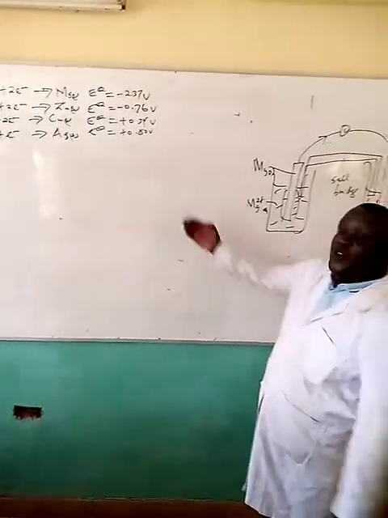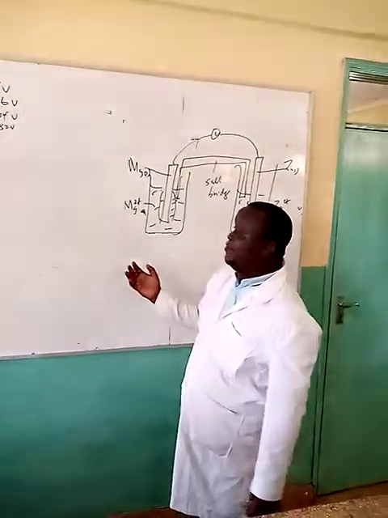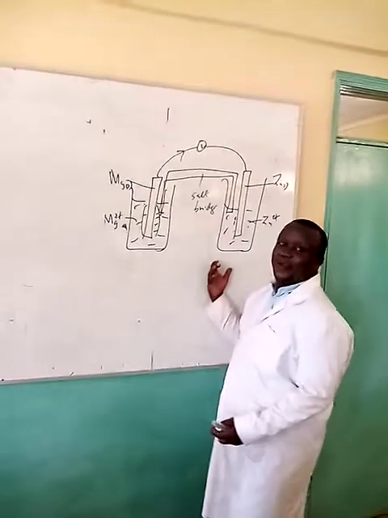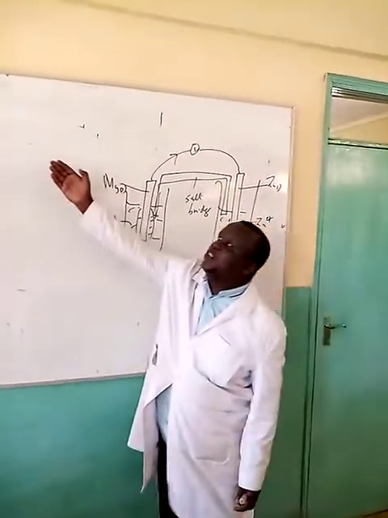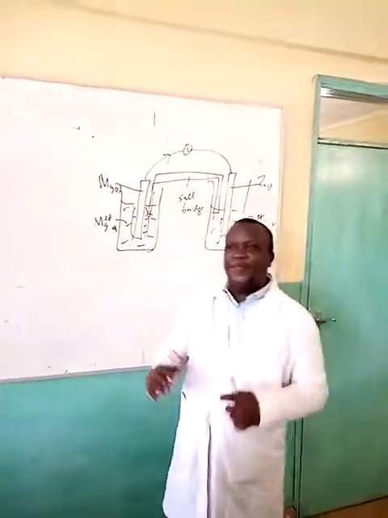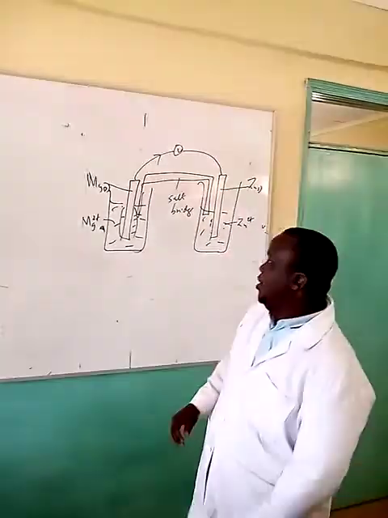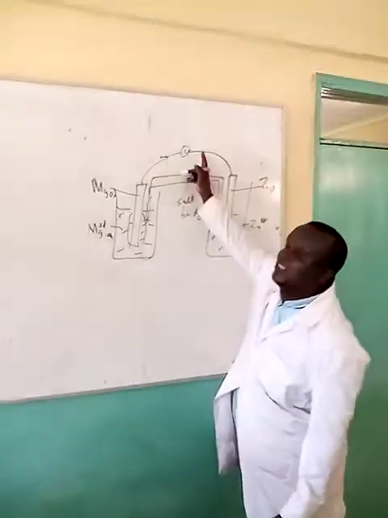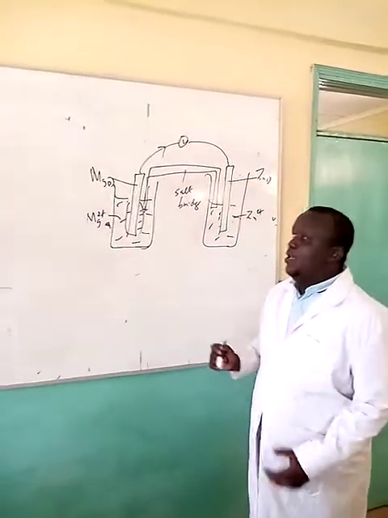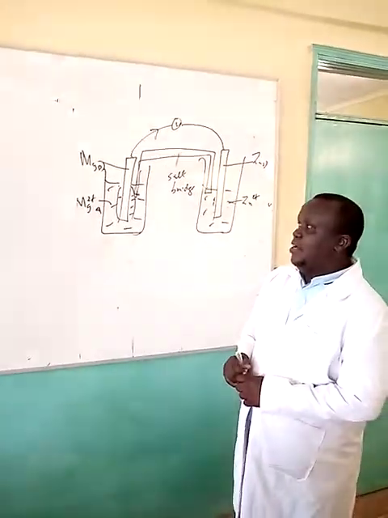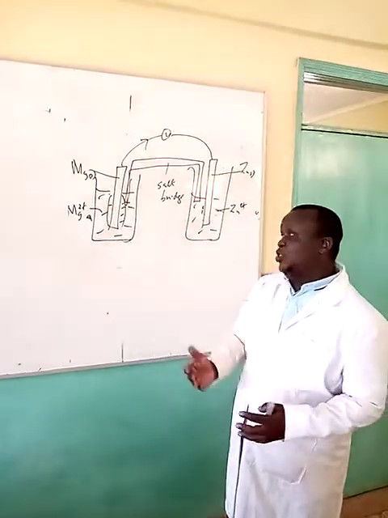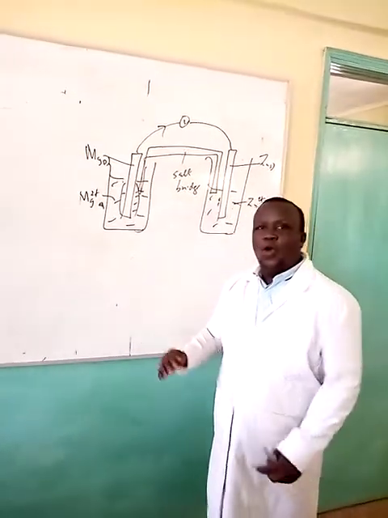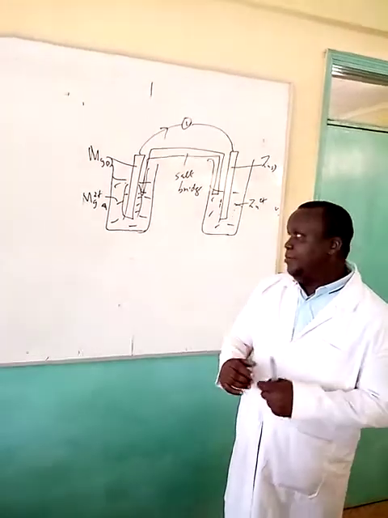Now, if you have a cell, for example, of magnesium and zinc, this is an electrochemical cell. We have said that we can use the electrical potential to obtain the electromotive force of a cell. The question is, how do we get the electromotive force of a cell? Whatever it is will be reflected in the voltmeter. There are two approaches we can make. One, we need to ask ourselves, in this particular half cell, what type of reaction will occur?